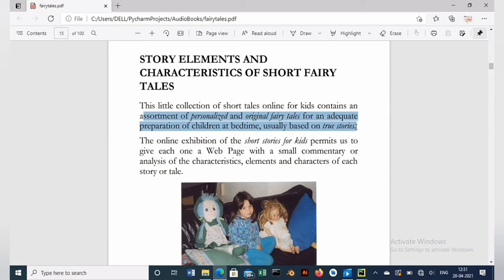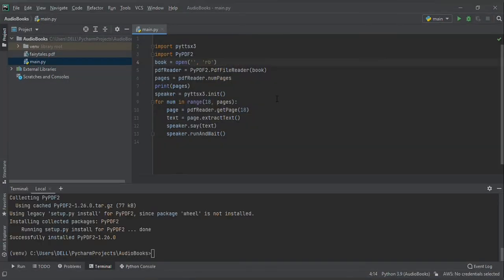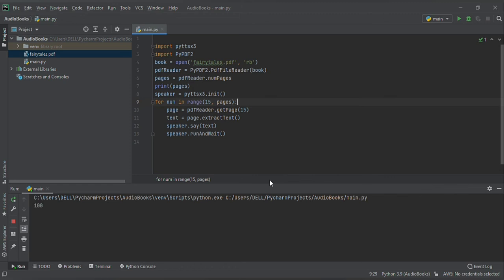So I have downloaded this book and pasted it in the exact location where the audiobook works in PyCharm. Name the PDF whatever you have saved in your system and let the pages where it starts, write the number of pages from where